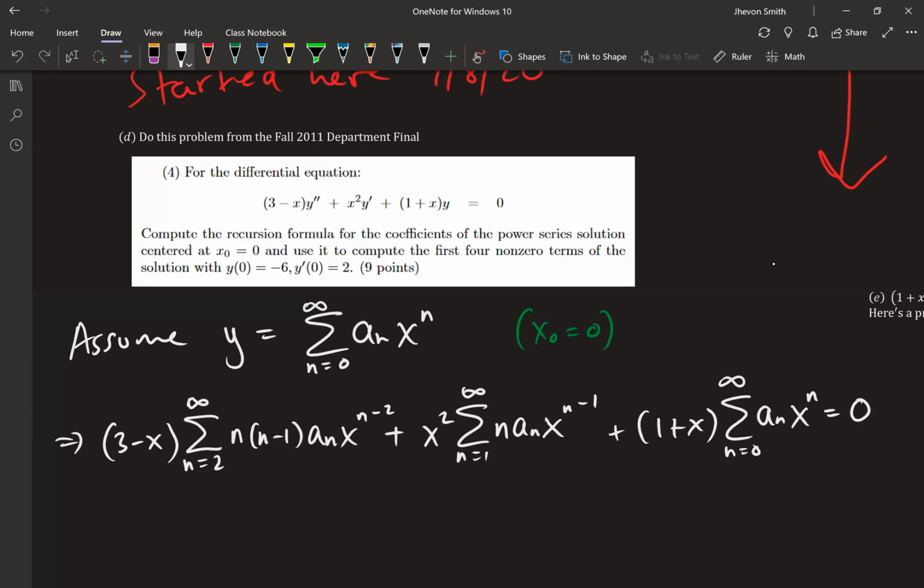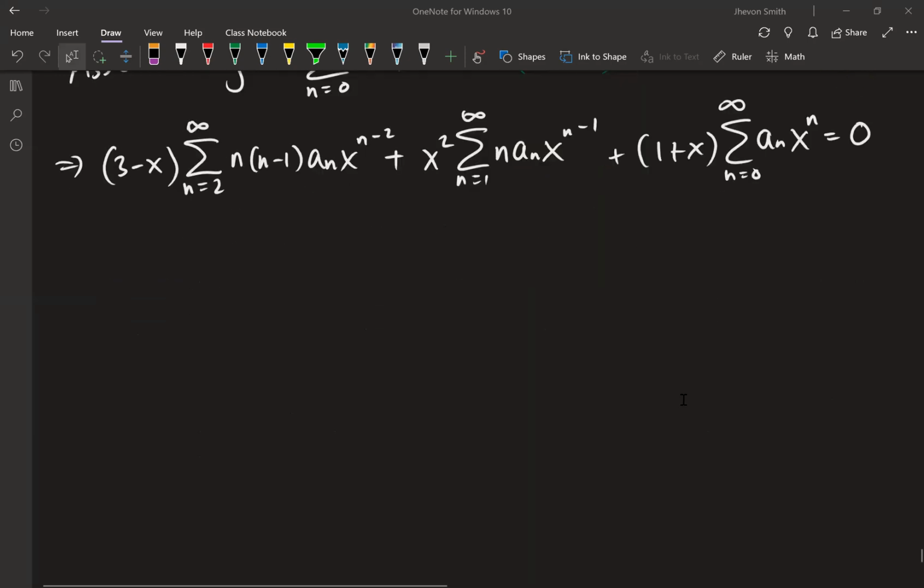Okay. So that was our first step. We plugged it in, and now the goal is to actually find the a_n's so that we can get the coefficients. This is going to involve us expanding these series and all that good stuff. So let's just jump into it. So here, this would look like the series from 2 to infinity of 3n(n minus 1) a_n x^(n minus 2), minus the series when I put in the x,